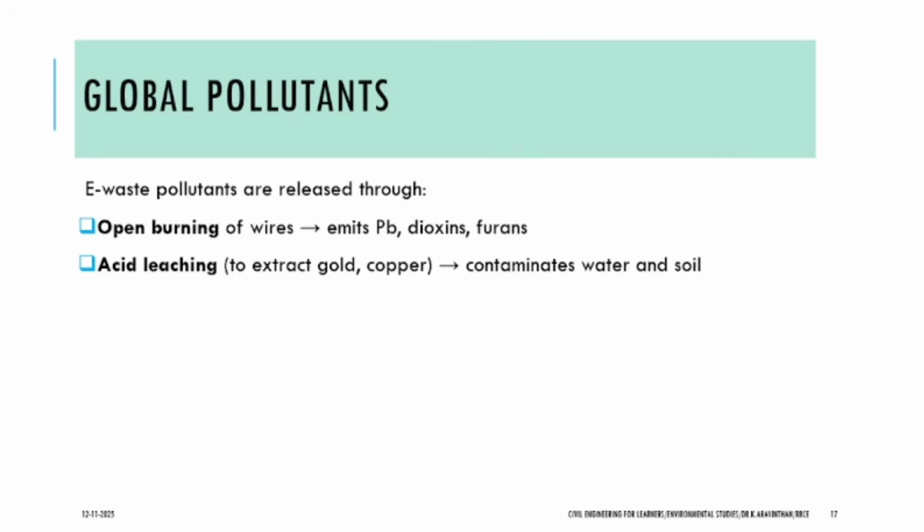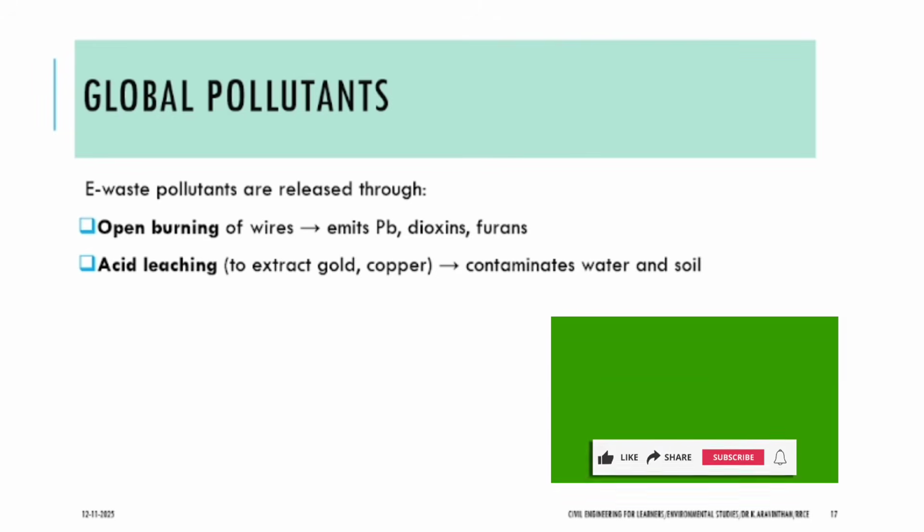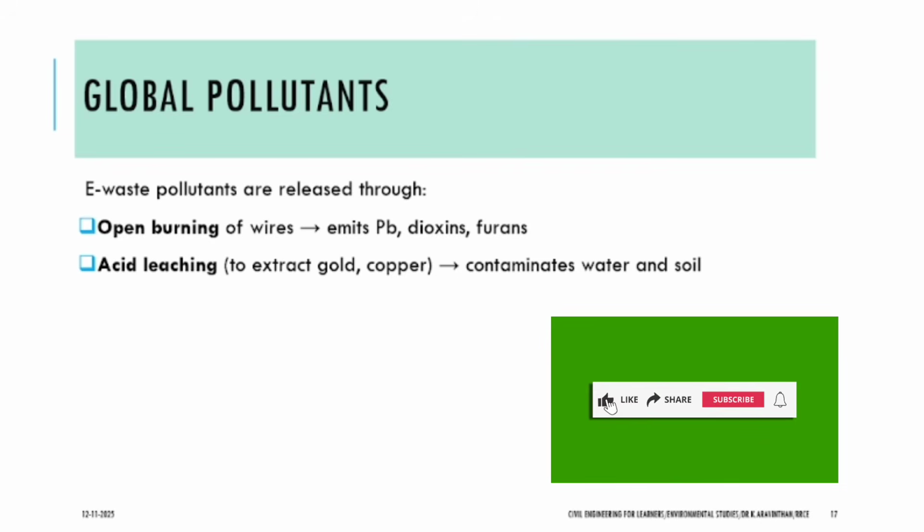If biodegradable wastes are collected, in what kind of bin will you collect them? Green bins. After collecting that, you have to take it to the decomposition area where you will make it into vermicompost, and that compost will be taken as fertilizer. Fertilizer will be used for agricultural purposes. So the waste has to be used for some other purpose.